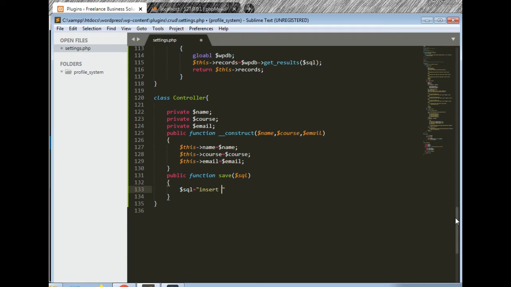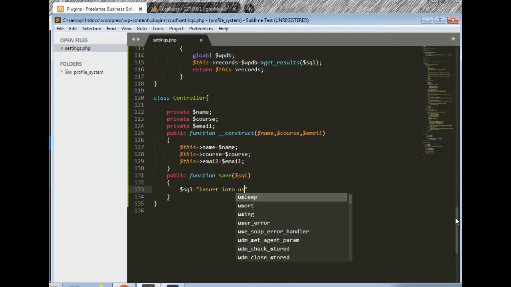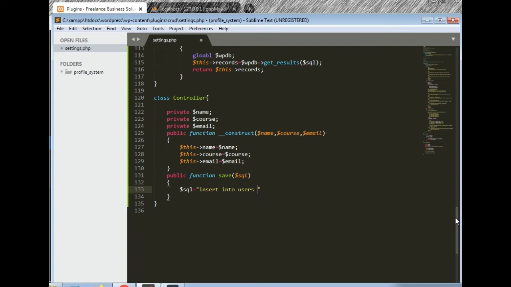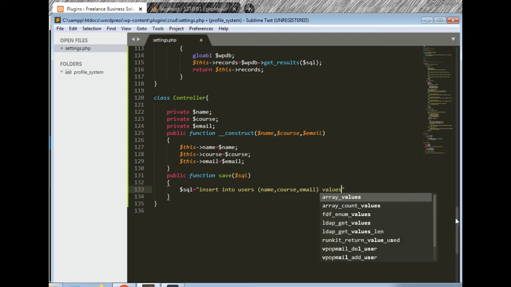insert into. We can use the wp prefix for the table, but we are not using it. This is users, we are hard coding it, but there is a wpdb prefix for the table. Every table should have a prefix. We have only one table. If there are many tables, then we should write the wp prefix. But users: insert into users, name, course, email, and values are